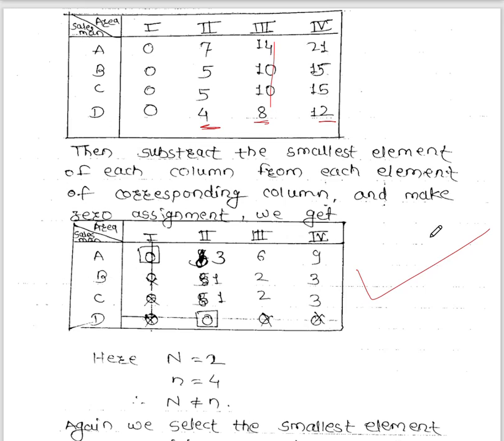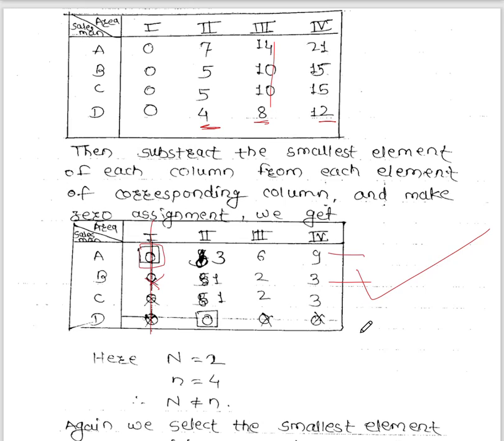Now we will take the first row. There is only one 0 at this place, so we can make the 0 assignment here and cross the first column. If you are making a row 0 assignment, then you have to cross the column. Then go to the second row: there is a 0, but it is already crossed, so in the second row there is no 0. In the third row there is a 0, but that is crossed, so there is no 0. In the fourth row there are three zeros, so we cannot make a 0 assignment there, therefore we skip this final row.